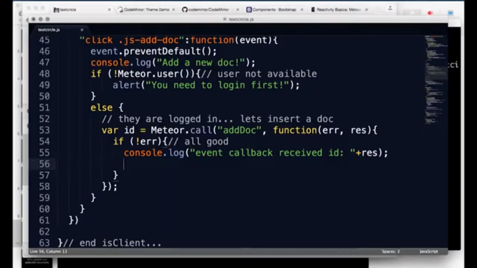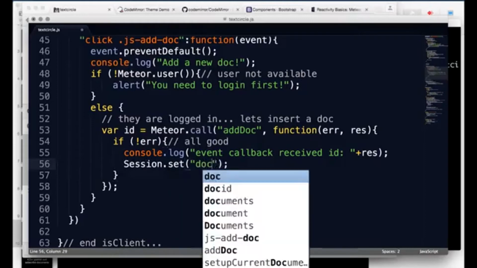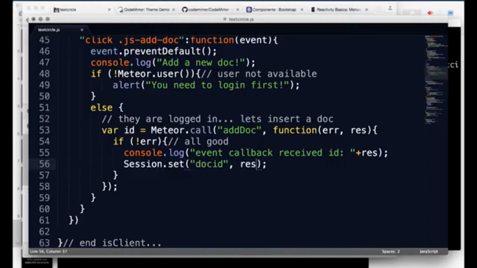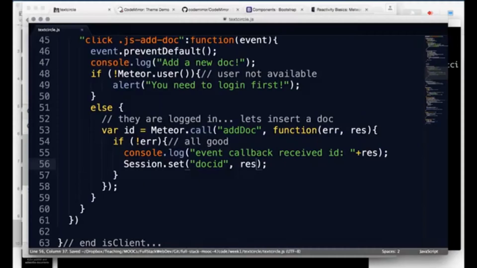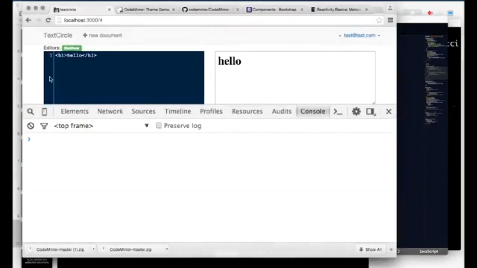So we just say session set and doc ID to the new ID. So the ID that we just got back from the method. So that'll tell the session, right now we're not editing the old document anymore, we're editing the one that we've just created. So to do save, and with a bit of luck, there won't be any errors, and I hit